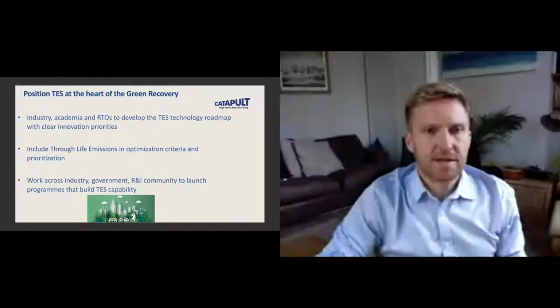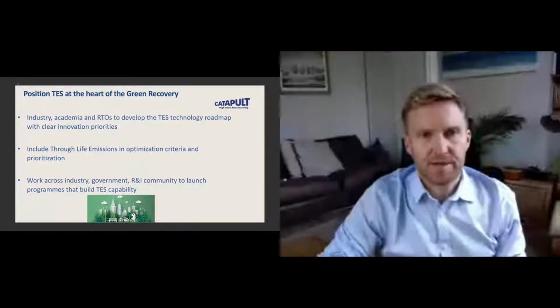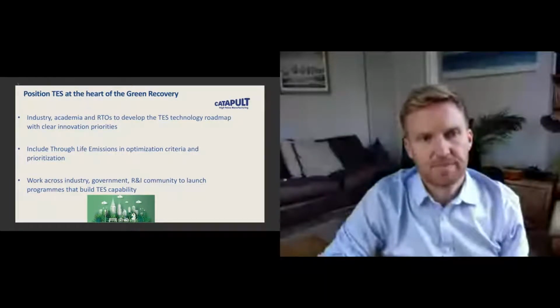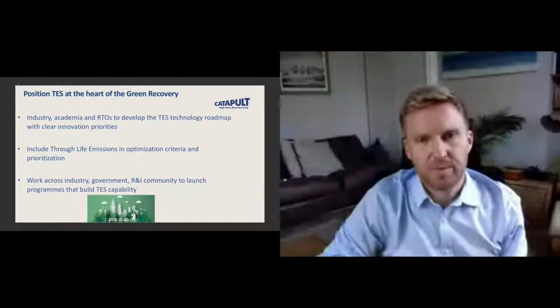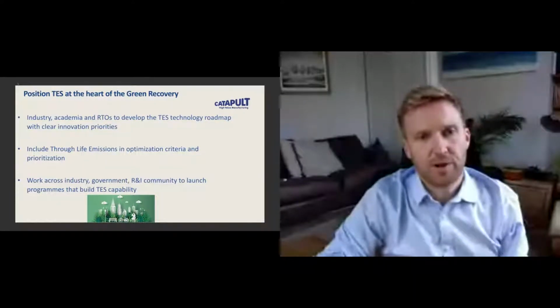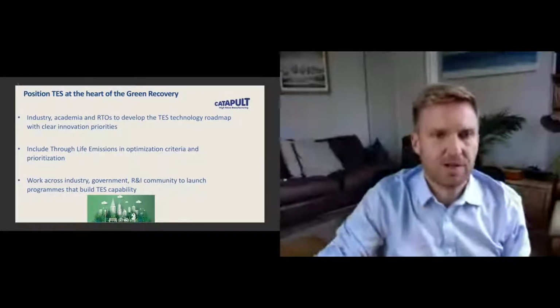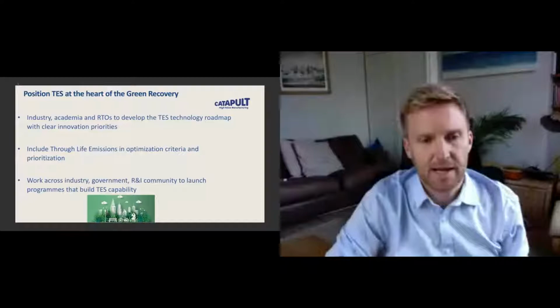So where does this take us? Really, this is a call to arms as a community to position through-life engineering services at the heart of the green recovery. We can stand side by side with sector bodies and with government, and work across industry, academia and RTOs to develop a TES technology roadmap with clear innovation priorities that will enable the rapid delivery of the solutions that are required to deliver net zero, in a way that they are designed, manufactured, maintained, and end of use, end of life managed to deliver the net zero ambitions and a sustainable